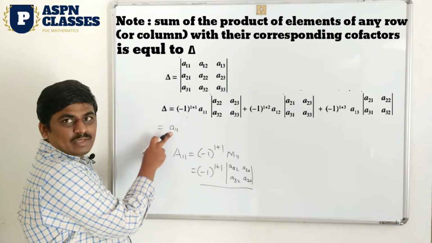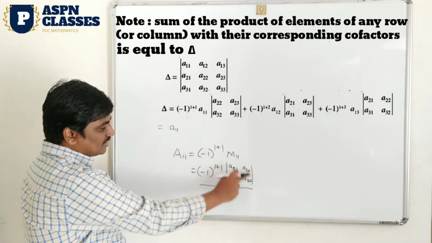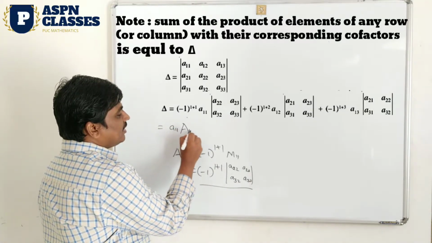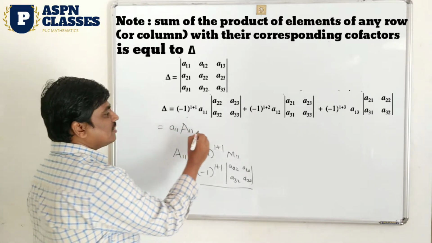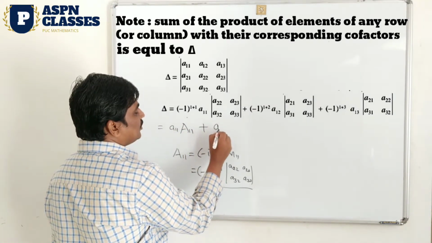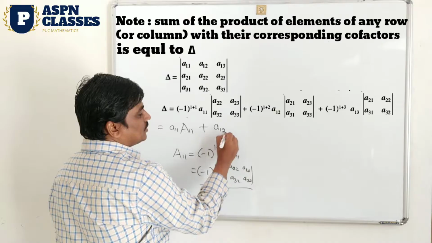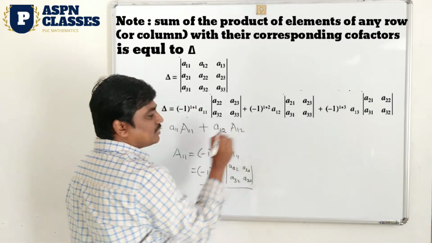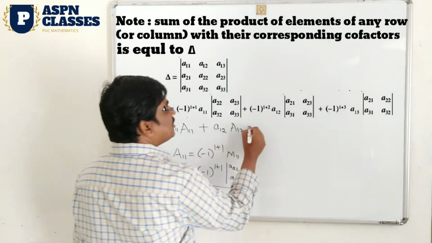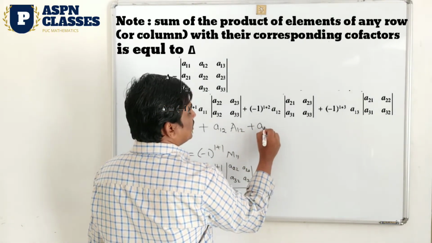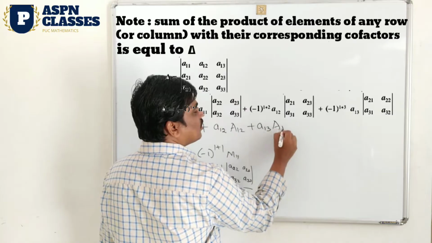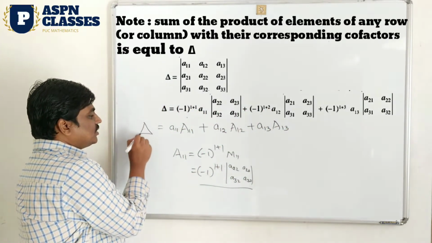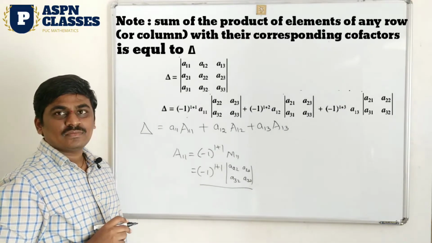Okay, now observe this result is already remaining here in the first step. So A11, you write the element as it is. The remaining result you can denote here as the A11 cofactor. Then next, plus, the next result I am going to write here: A12, then the remaining result is the formula for the A12 cofactor. Similarly, next you find A13, and this is the cofactor result of A13. It means this result is also equal to the determinant.